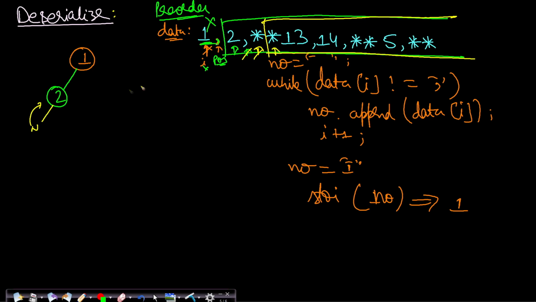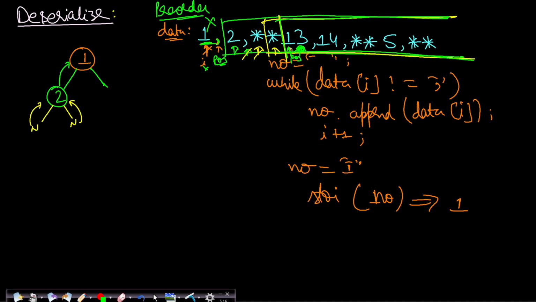So currently I am pointing to this point and I am making the right call. Now while making the right call, you can see that it is again a star, a special character. So again it will be returning null. So 2's right pointer will also be null. You will trim it out. You trim it like this, and your data part will be starting from 13, and your position pointer will be pointing to this 1, not to 3 but to 1. Now since we are done with both the left and right call for 2, I will go back to 1 and I will make the right call on 1. When I make the right call on 1, my position pointer is at 1.